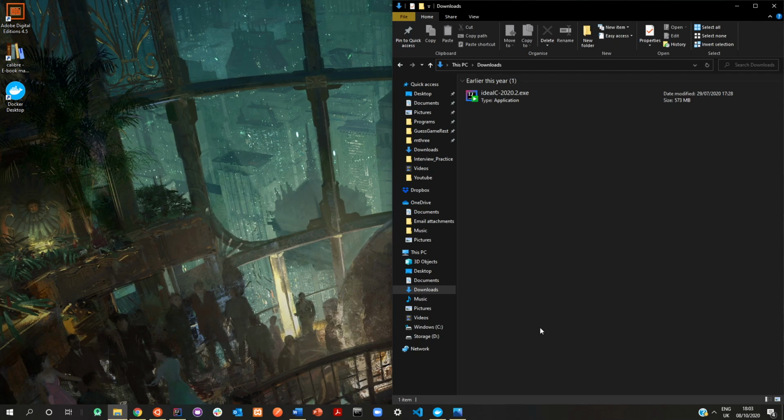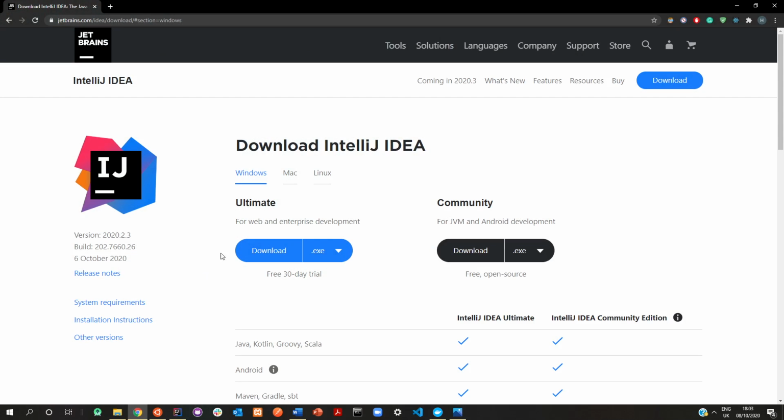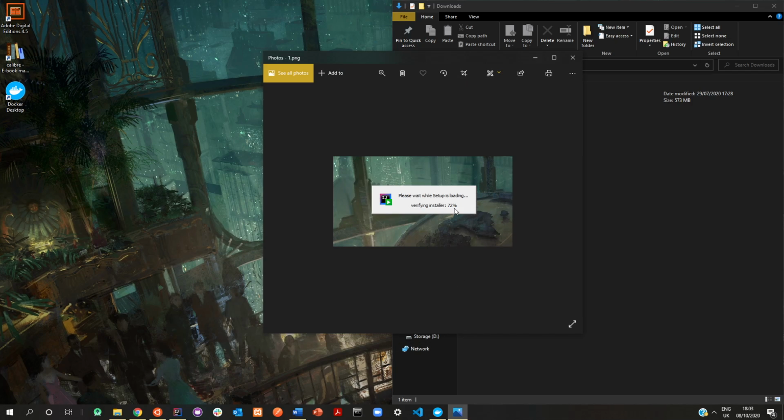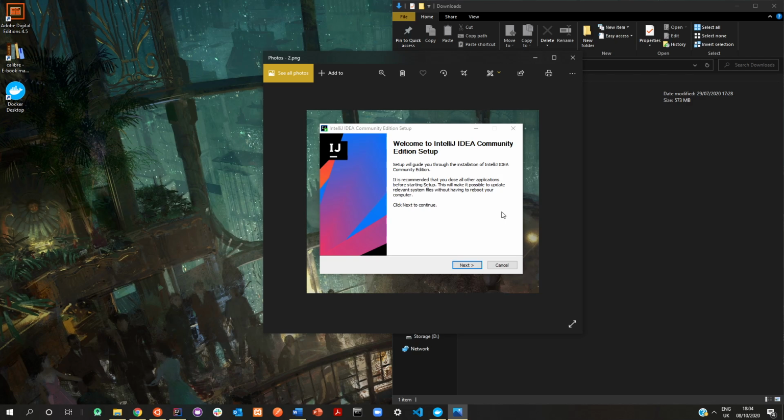Today we're going to be installing IntelliJ. So click on the link in the description and you should end up on this page. You can go ahead and download the community edition of IntelliJ. And when you do, you should end up with this executable. Once you click on that, you should see this. Just wait for it to verify. And then you can click on Next